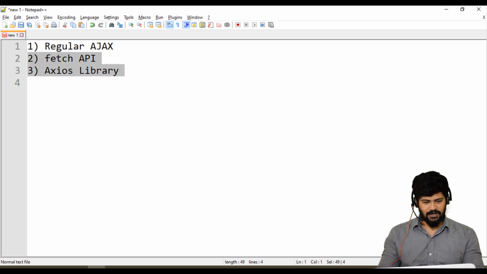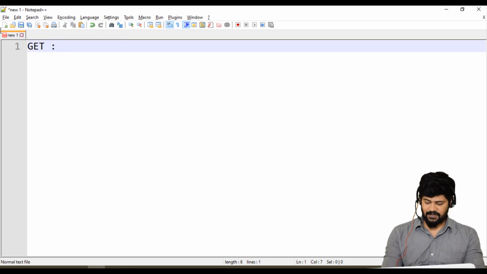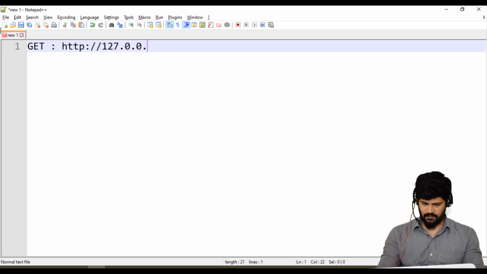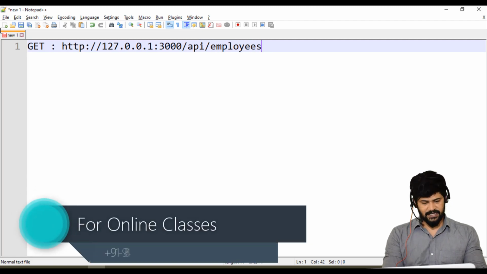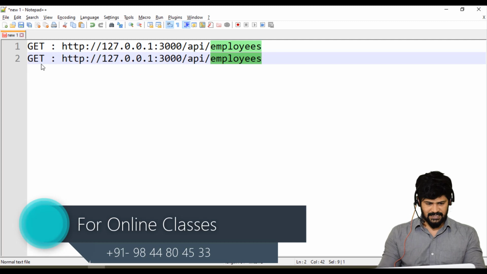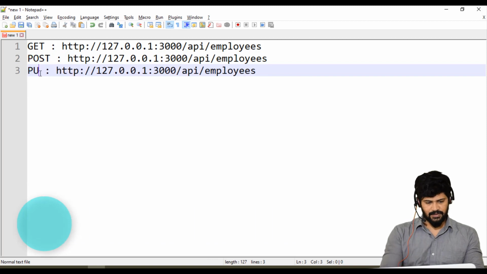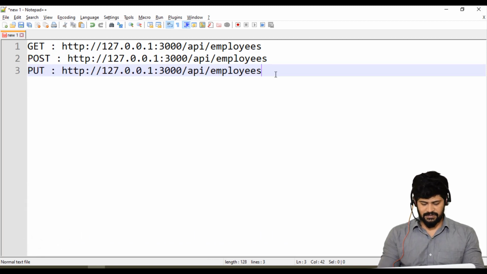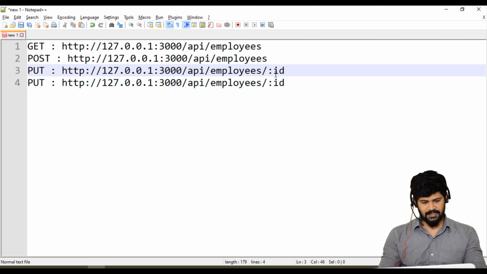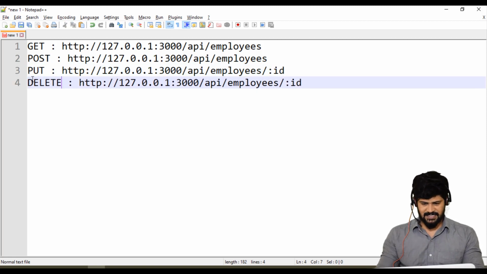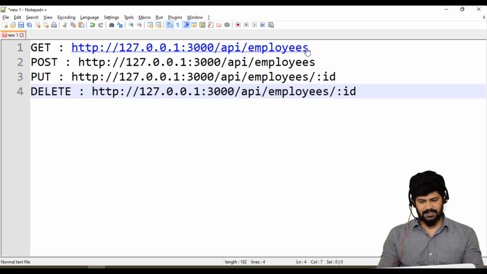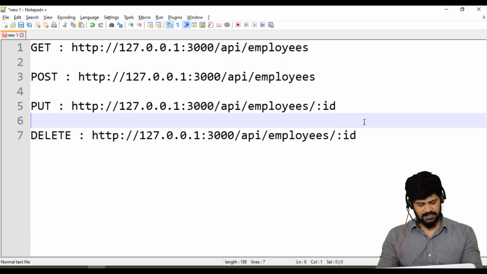If you can recollect the URLs: for the get request it is http://127.0.0.1:3000/api/employees. The post request is the same. For the put request you need to provide the ID, so slash colon ID, and delete request is the same. So these are the URLs. Let's use these URLs for the buttons.